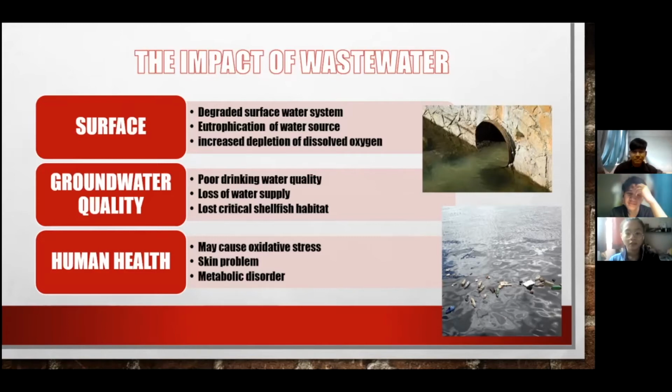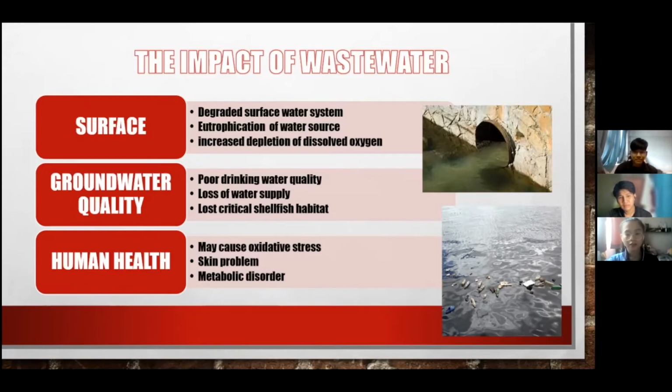Next, loss of water supply: when our water is polluted, our water supply will also decrease, and the critical loss is the shellfish habitat, such as crab and so on. And next is human health, where the first effect may cause oxidative stress, which is